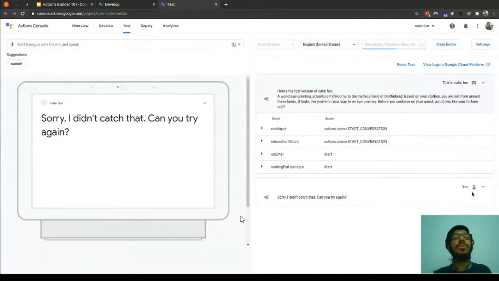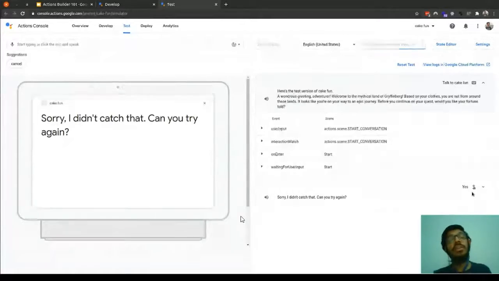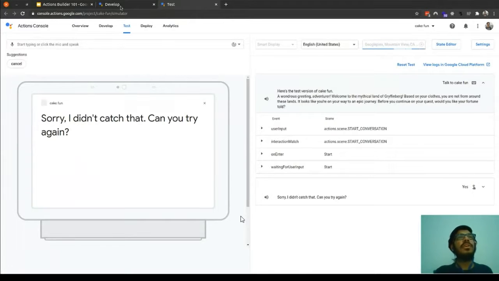So first we'll have to create an intent called yes intent and add training phrases so that our action will know when the user said yes, and once that particular intent is matched, we'll send back some prompts. So let's do that.